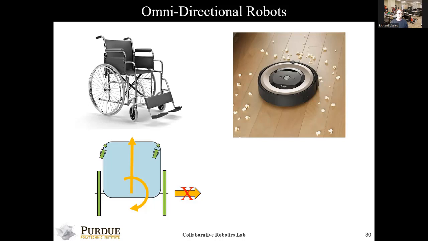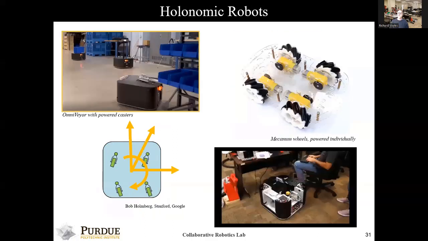Roomba is the same way. And it actually just uses a ball for a caster. And notice the caster here is passive. The wheel is passive, it doesn't have a motor, and the axle that rotates the caster is passive. So there are no motors involved, no actuation on either this axis or this horizontal axis of that wheel. They just passively follow. By the way, that means when you steer in an arc, the wheels will follow the right different radii, but they're doing that passively. So there's one more category of robots we have to talk about, which is the holonomic